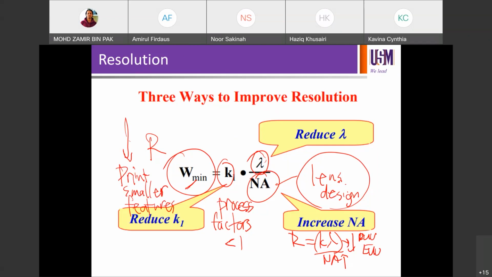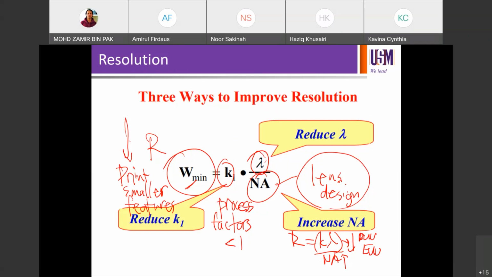So say if you want to print, you used to print 100 nanometers, but now if you want to print 22 nanometers, you have to move to lower lambda, a lower lambda exposure system. So that means a new scanner, a new scanner that is more expensive. And that's why if you relate back to the cost,